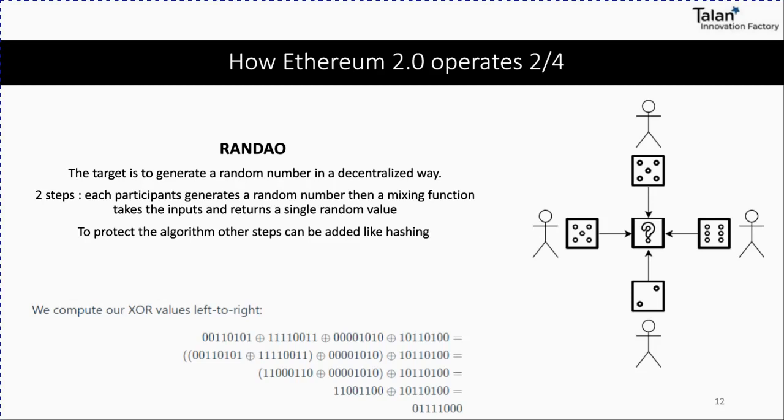Each one will select or generate a random value on its local machine. Then we have the different values, and we need a function that will take all these inputs and generate an output that is not centralized, because of course we could have a centralized entity that will just generate a random number, but this is of course against the very idea of blockchain or DLTs. So the function I mentioned here is called a mixing function.